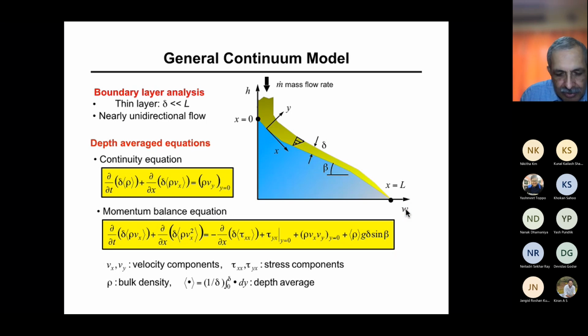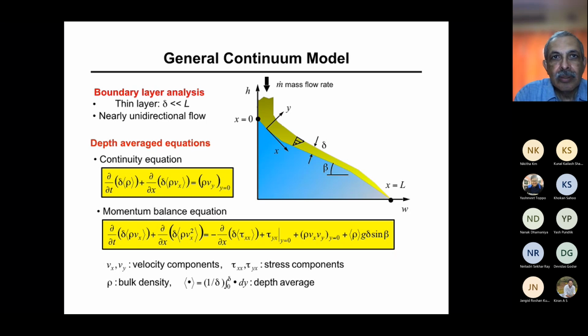So we can assume that the flow is nearly unidirectional. We don't have to worry about the curvature and so forth. And so we can have a coordinate system where y is always perpendicular to the interface and x is always along the interface. And then we took a sort of macroscopic balance approach